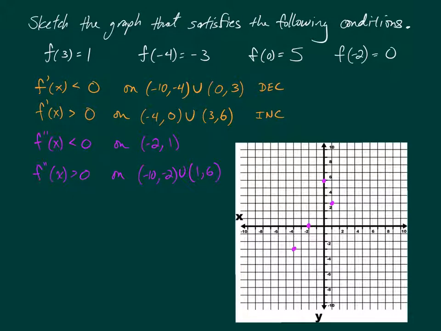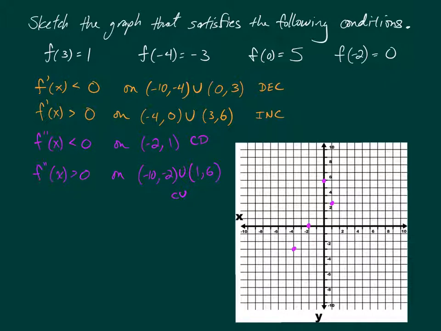And the same thing with the second derivative. Since this second derivative is less than 0, it's negative. This is concave. I'm going to label it concave down, CD. And since this second derivative is positive, I'm going to call that concave up, or curling up. All right, so